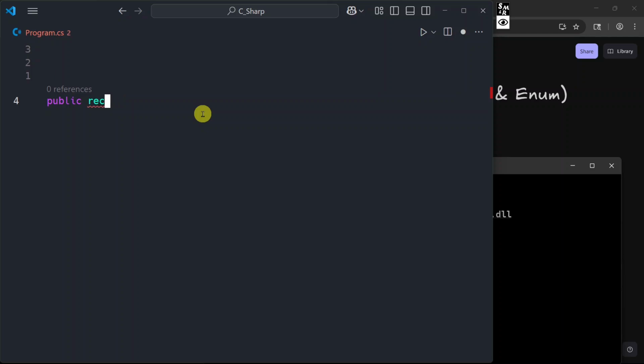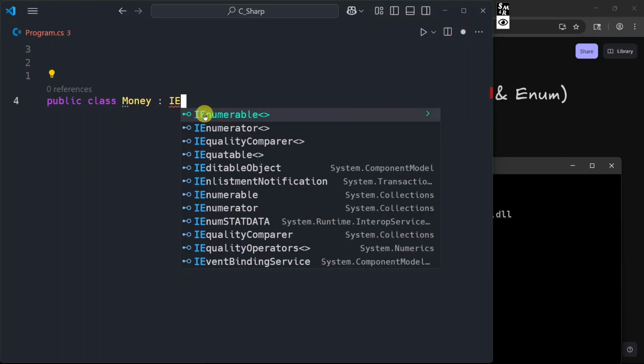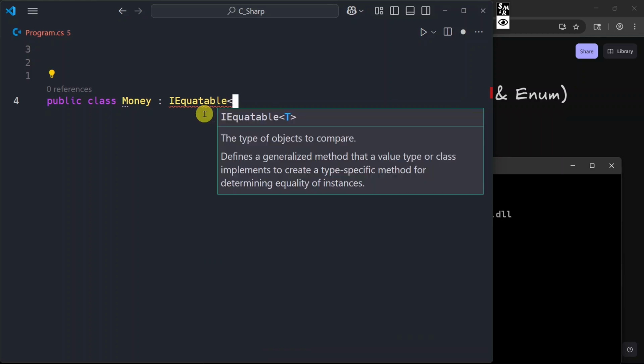Let's say we are creating money. Money is something very important. Imagine messing up people's money. Imagine creating an app where the money is not what it seems, and you could get in serious trouble during payments, and you get the idea. So we have IEquatable, if you want to represent money